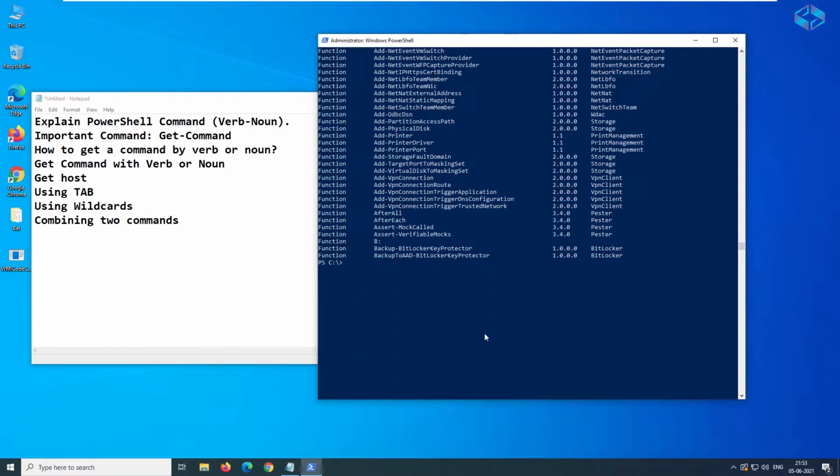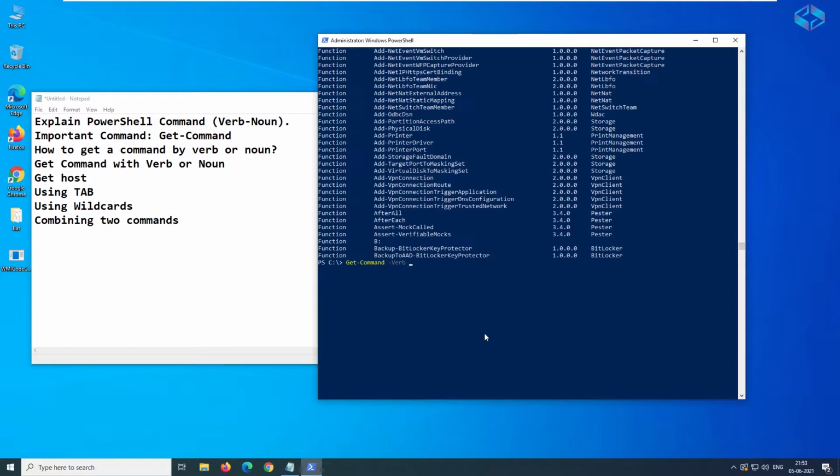So the second method is the Get-Command, and you can see here we'll remove the pipe and use another parameter, verb. Here we are planning to get a command from the list based on the verb, that is, the starting part of the command.